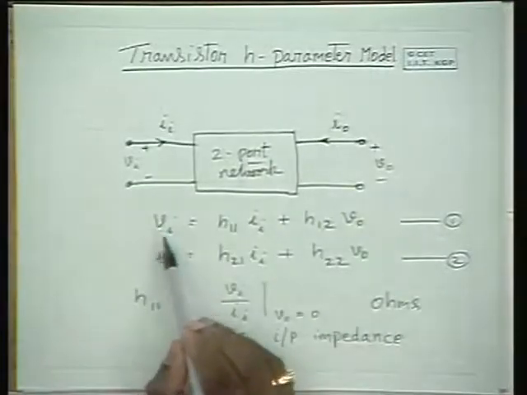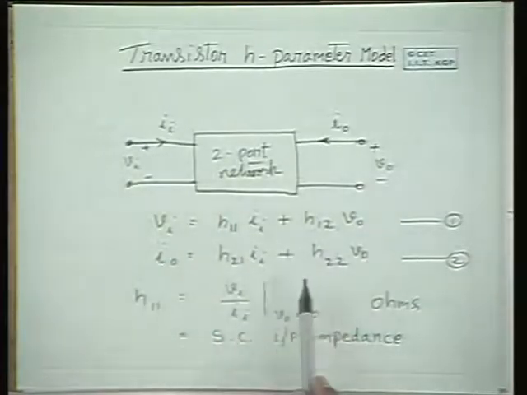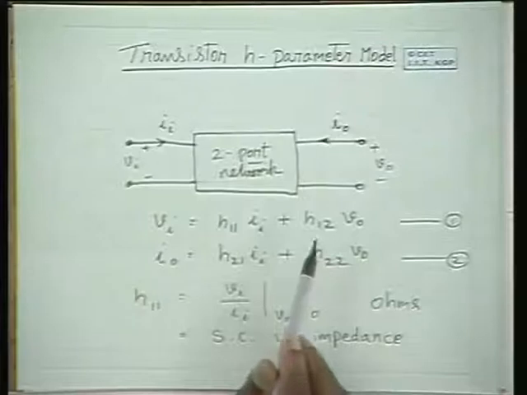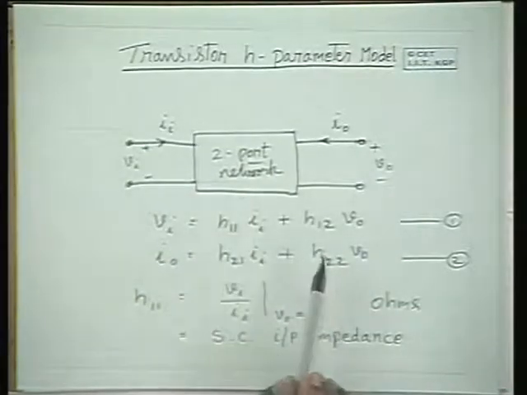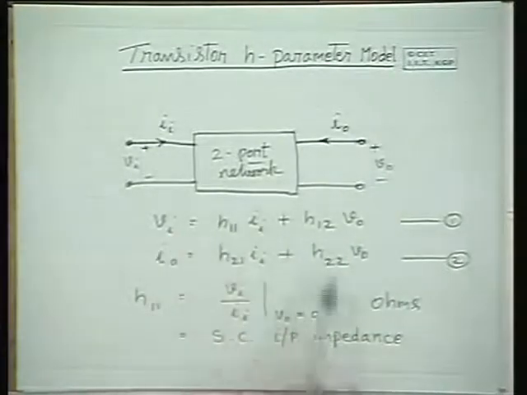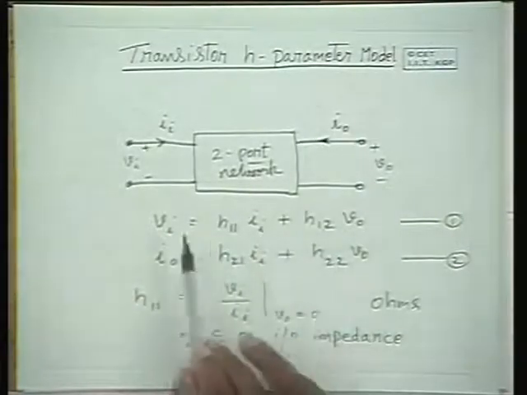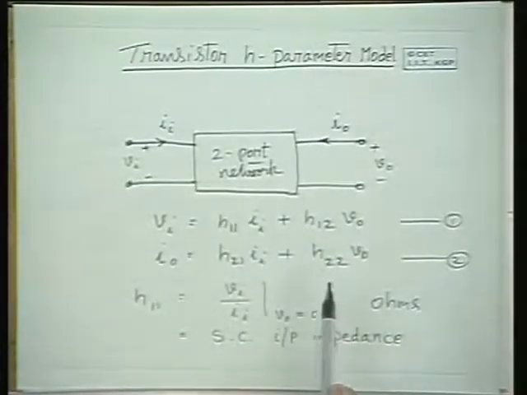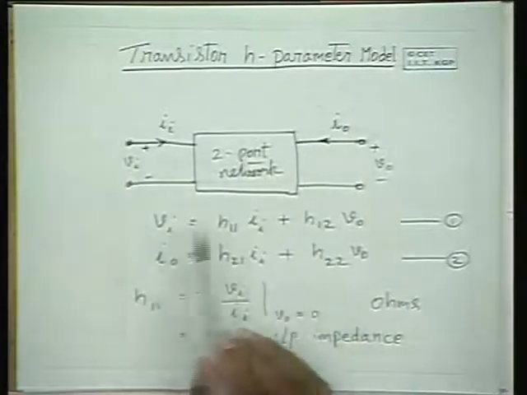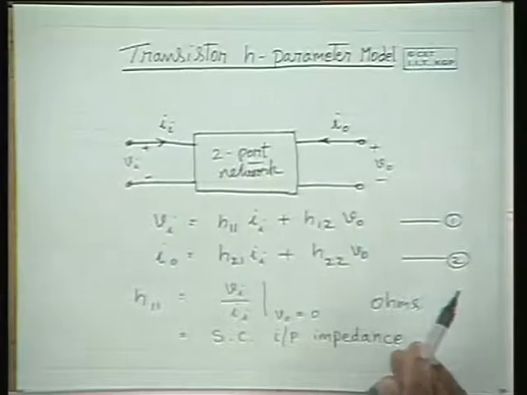On the other hand, if you express Vi and V0 in terms of Ii and I0, you would have got a different relationship. Those are not hybrid parameters, but impedance parameters, because all those terms will have units of impedance, as you will have Vi by Ii, Vi by I0, V0 by Ii and V0 by I0 kinds of terms. So that is the reason why these are known as H parameters and it is known as the H parameter model.